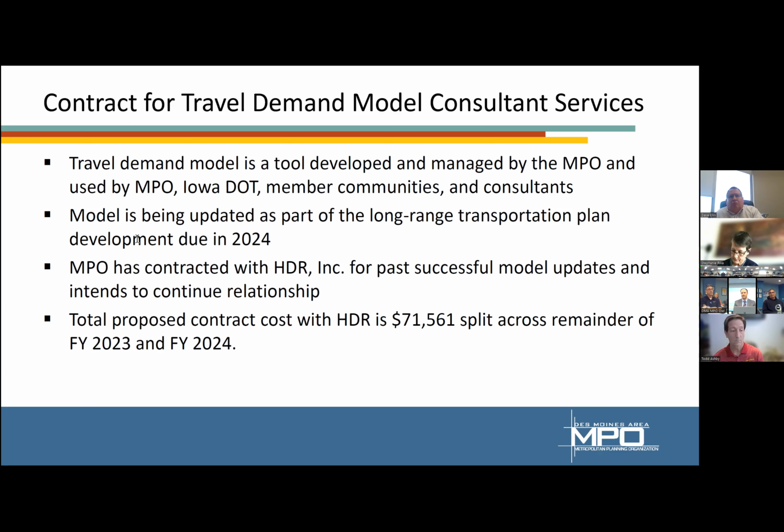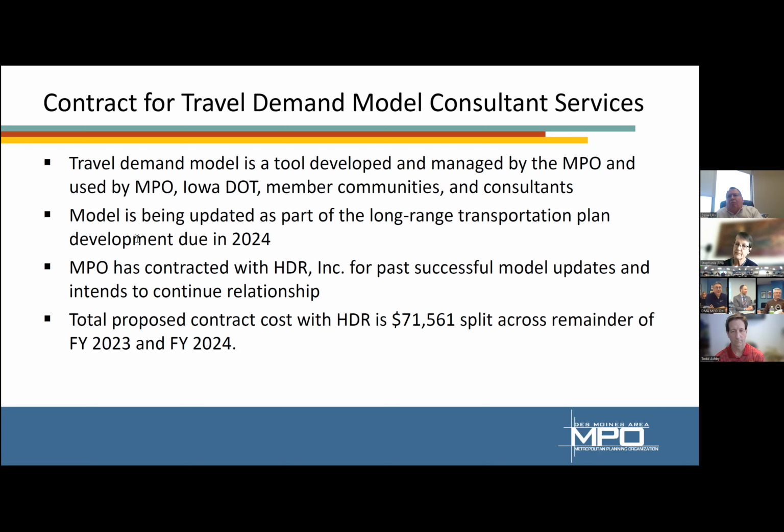If we don't update it, and Z and Andrew can maybe speak to this too, or Todd, but if we don't update it, then the figures that the model spits out might not be accurate. When communities go to update their travel model or their interchange justification reports or other studies, there's just not the confidence that it's actually telling us what we needed to tell it, which could jeopardize future projects and so forth. A lot of the times, those numbers are needed in those projects to justify traffic volumes and so forth. Well, this is like if we put on the long range plan an interchange between us and Mitchellville, this data would help back that. Correct, yes. Yeah, we need it, Ted.